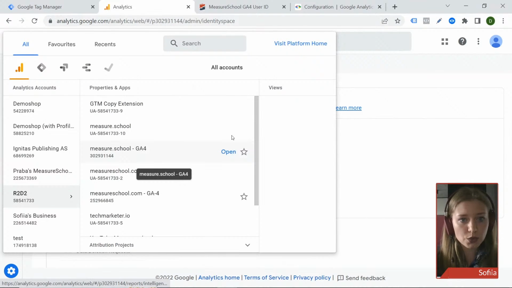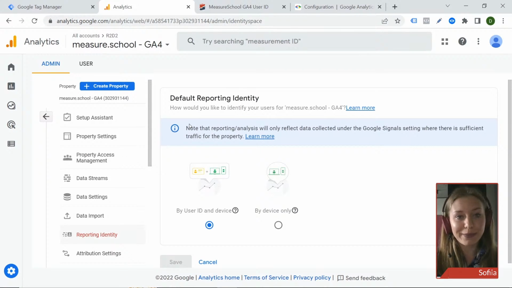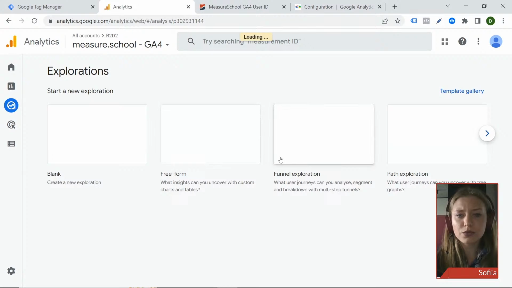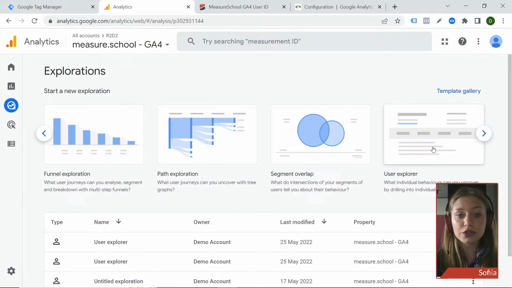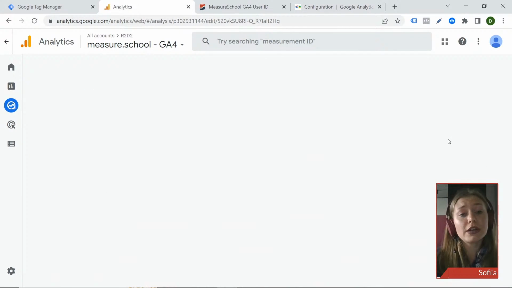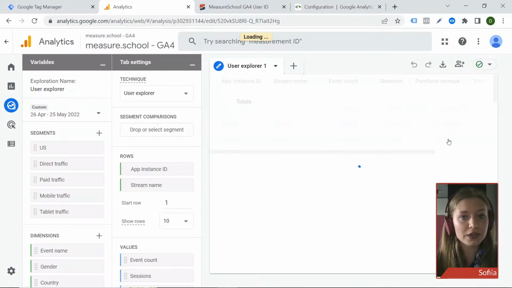So this is this one, because we also have user ID implemented, and this is the platform where you can actually have those courses. And I want to show you how it works. So if we go to exploration reports, and here we can find user explorer,